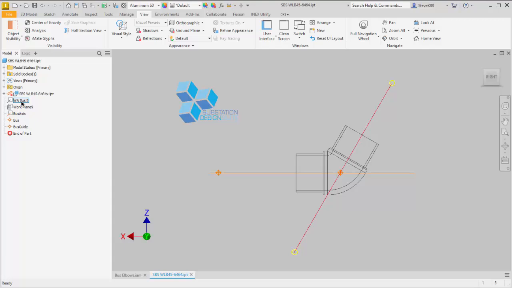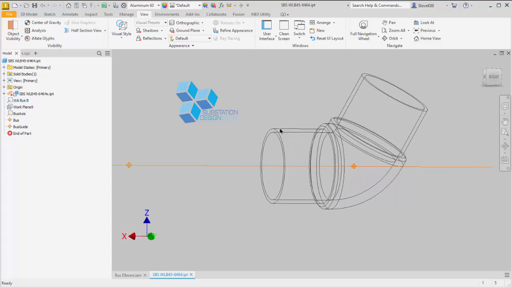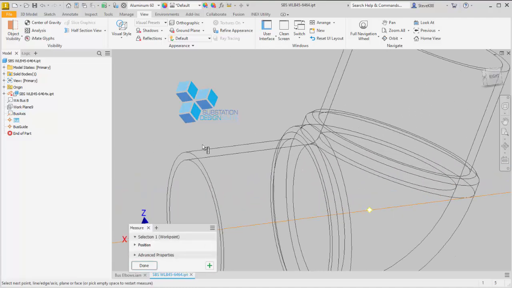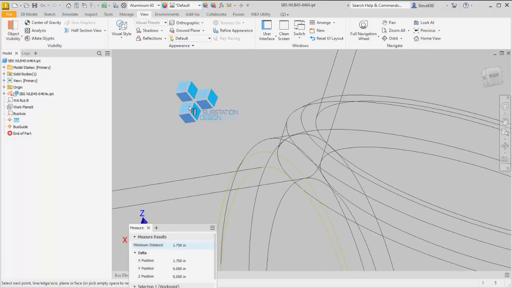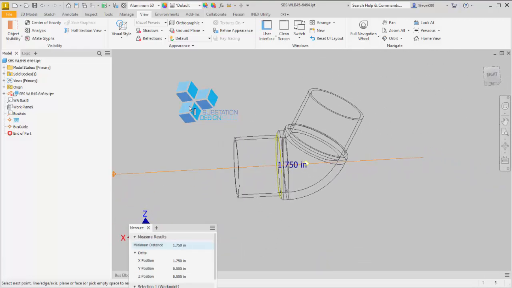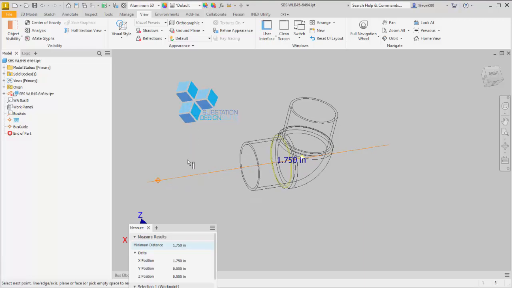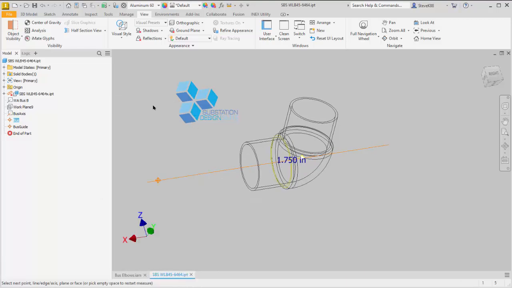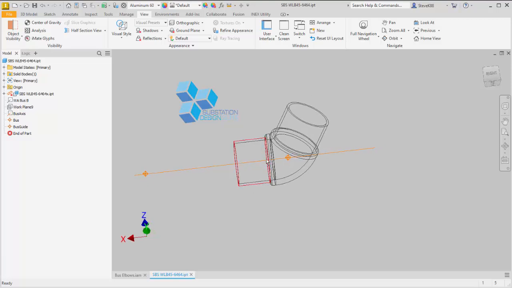Then when we place our piece of bus, we place it with a negative offset. If we measure this from the bus point to the face here, we see it's 1.75. So that's going to be a negative offset. When we place our bus, it's going to be a negative offset of 1.75 so that it fits on